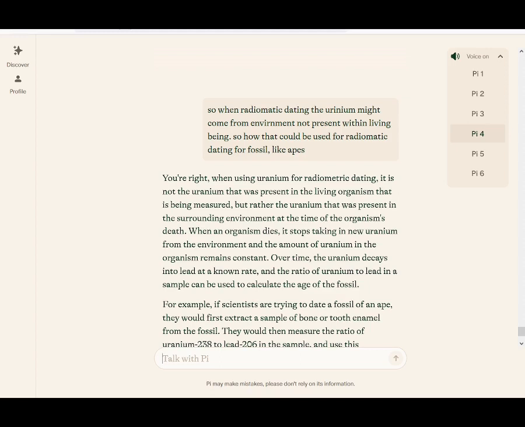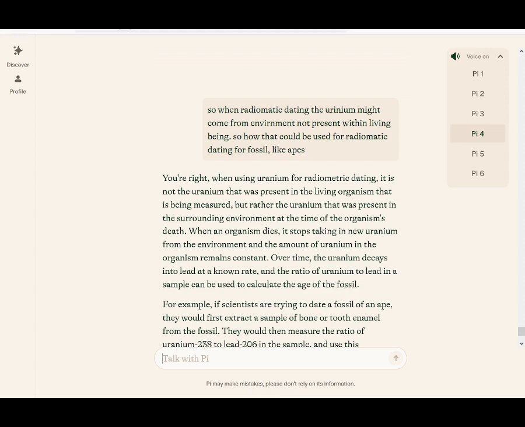For example, if scientists are trying to date a fossil of an ape, they would first extract a sample of bone or tooth enamel from the fossil. They would then measure the ratio of uranium-238 to lead-206 in the sample and use this information to calculate the